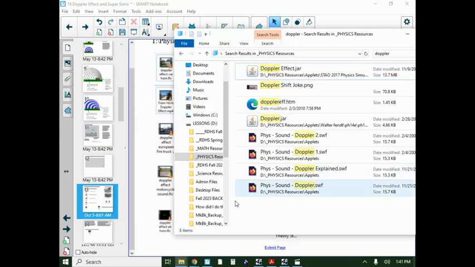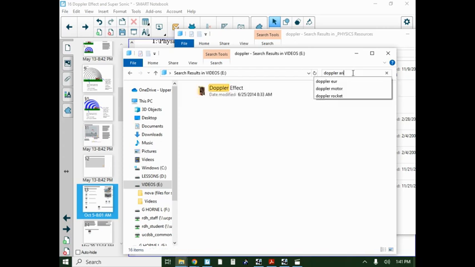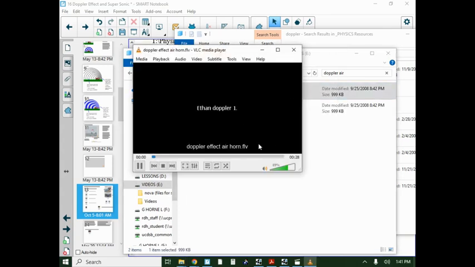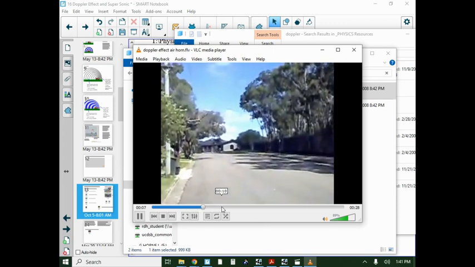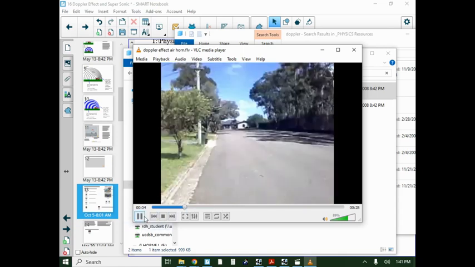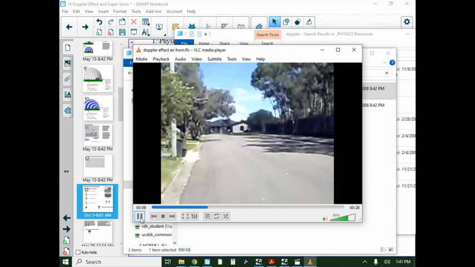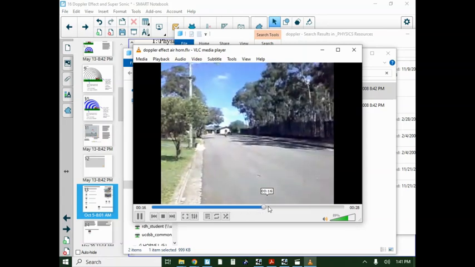Back to air horn. This is just people basically taking a little physics video on their own here. So air horn. So Ethan and his Doppler 1. There's the air horn. So that's nice. You hear the actual pitch, right? Just honk the horn. So remember that pitch. And then as he goes by,